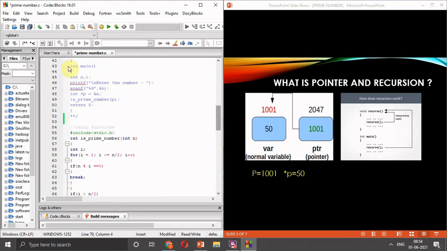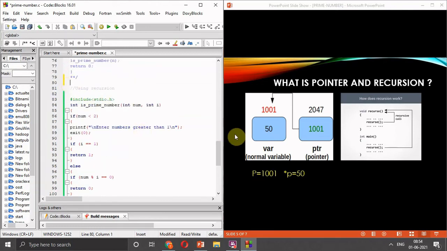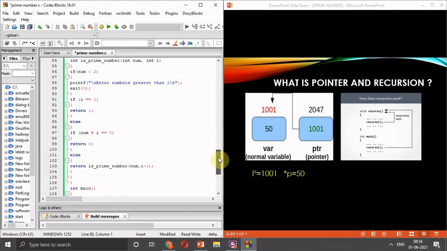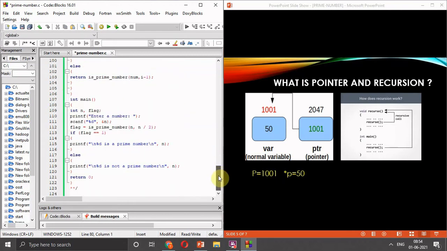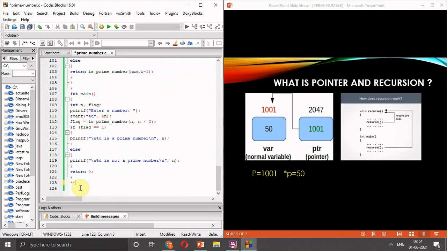And now let's implement our program using recursion. The implementation of the program using recursion is slightly different.